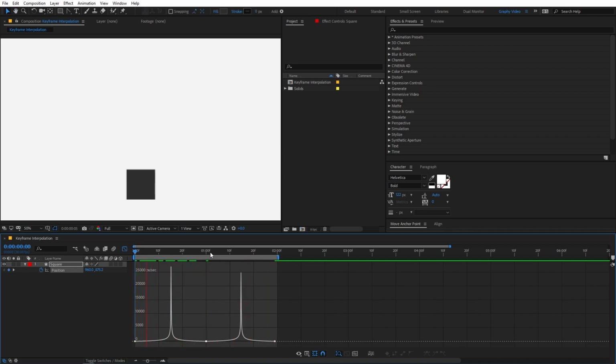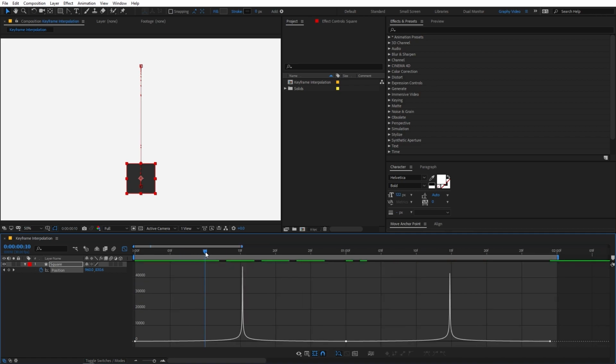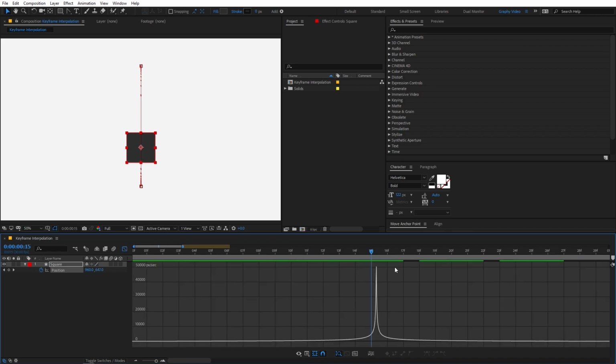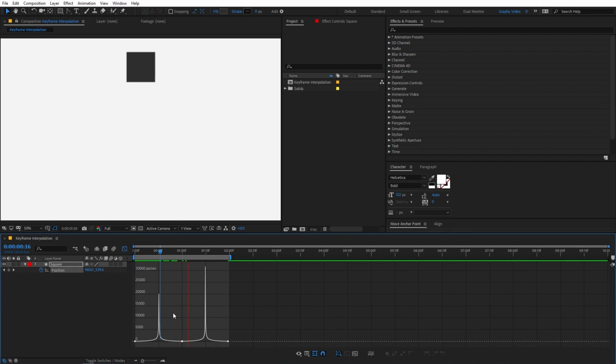Now let's see what this is doing. So in the beginning our animation is very slow, and it keeps on slowing until this point, and after that it starts gaining its speed something like this, and when it reaches somewhere around here, its speed increases very high just like this, and it reaches its maximum speed around here, and after that it goes back to 0, and